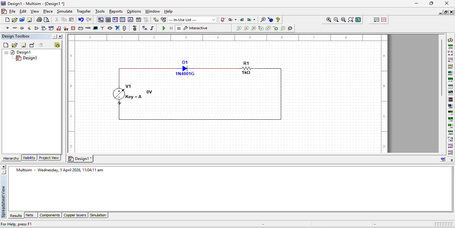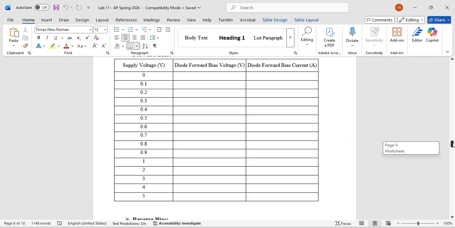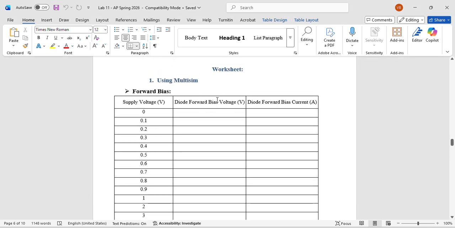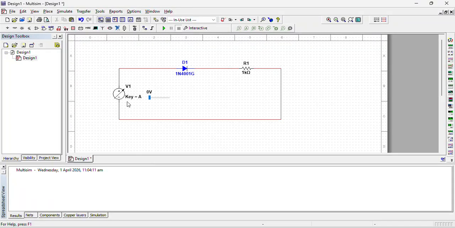Still, we have to add the meters in this circuit. We want to measure voltage across the diode and current through the diode. No need to measure supply voltage, because we are supplying it ourselves, and it is visible here. Current, because this is a series circuit, will be the same through the diode and resistor. So connect a meter in series, delete this wire